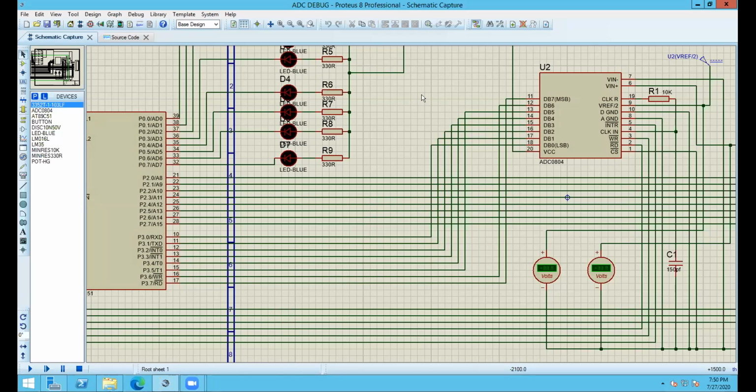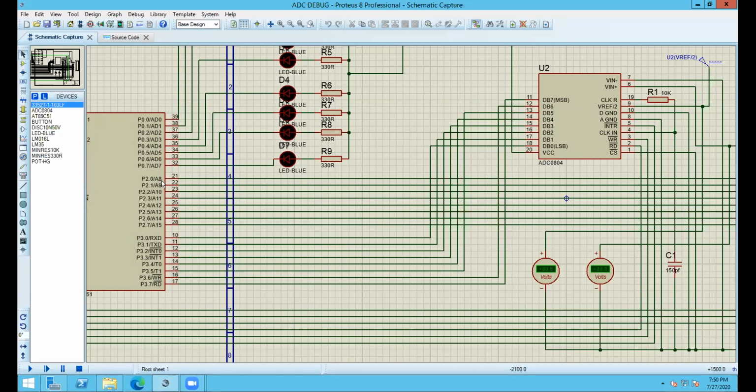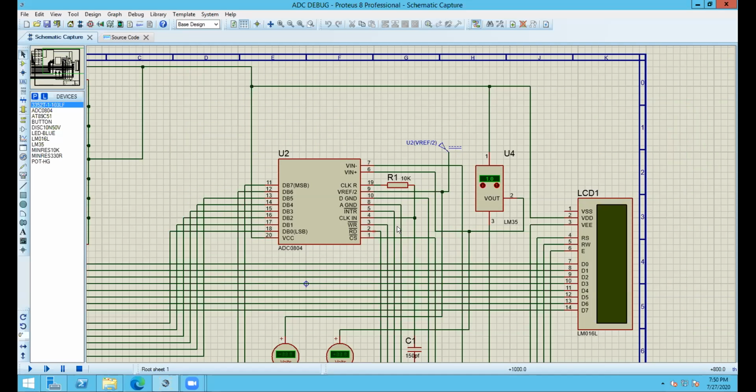Yes, sir. Fine. And sir, what about these pins? There are other control pins as well for this A to D converter. We have a clock pin. We have actually a couple of clock pins here, and this particular A to D converter has an internal clock. For every digital device to work, you know that we need a time pulse. For every microcontroller, microprocessor, A to D converter, adder, subtractor, whatever, we need a clock pulse, right?